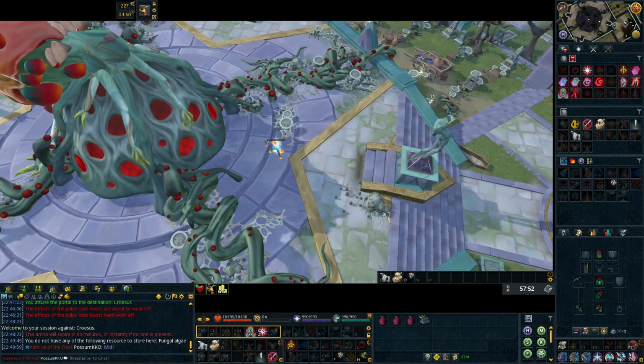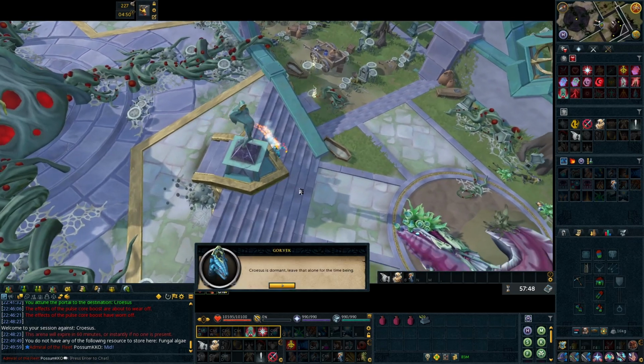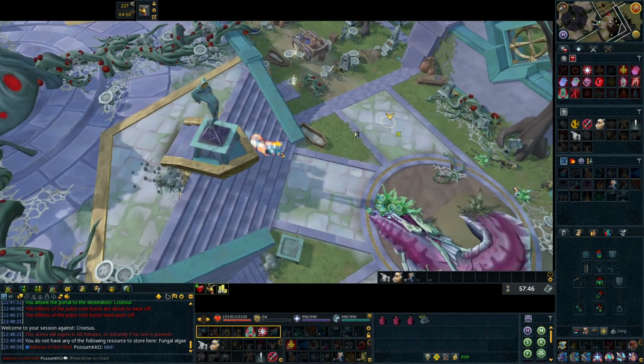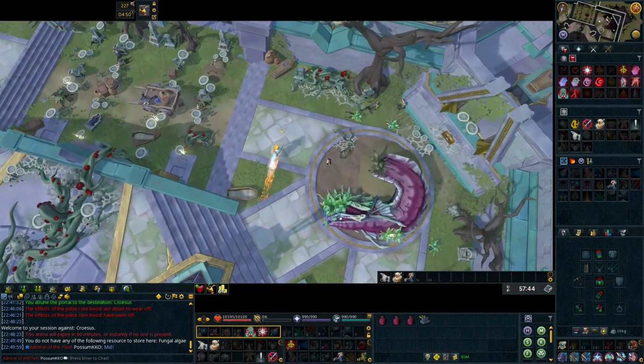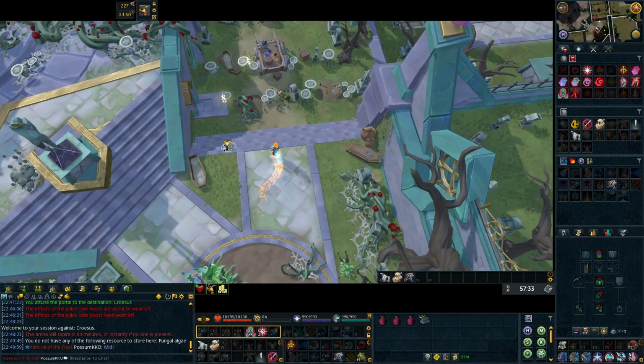An important side note for this fight, there is no death. It's a safe fight. If you make mistakes, it lowers your stats temporarily, and that's why we bring the super restore flasks. Because not only does that make it harder to accomplish your goals, like skilling on your node or killing Croesus at the end,